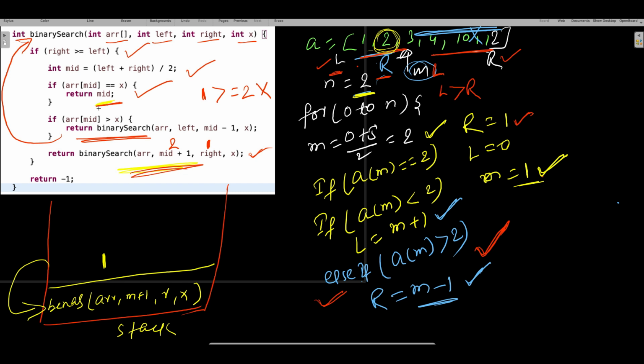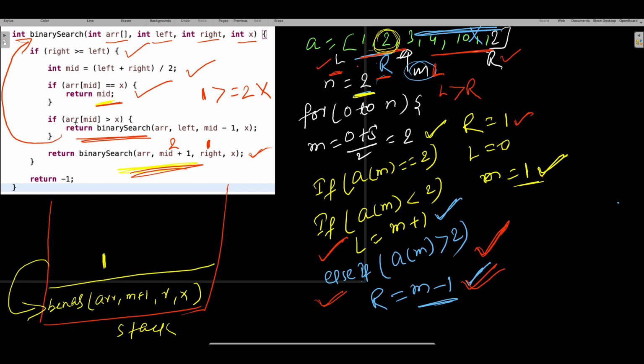So middle you will get a 1, finally you will get the output is equal to 1. You got it? That's how recursion works, and it's pretty simple and straightforward. This middle minus 1 and middle plus 1, if you know the iterative way, this is middle plus 1, this is middle minus 1, same thing, guys, they are doing it here.